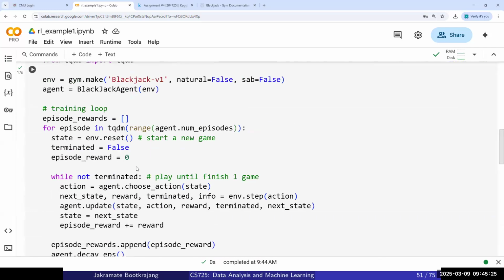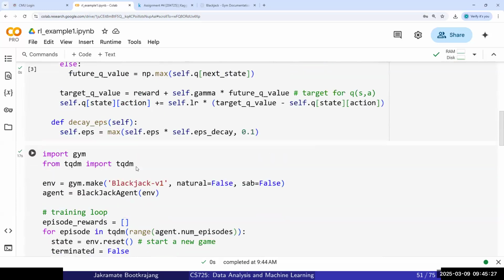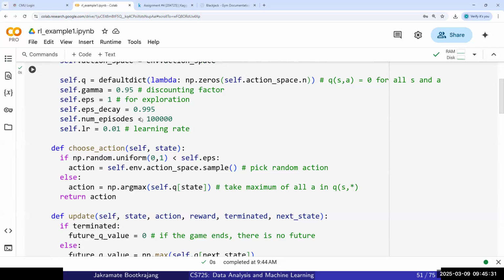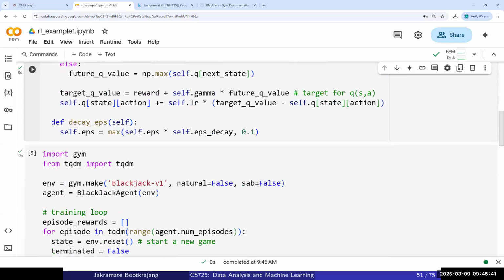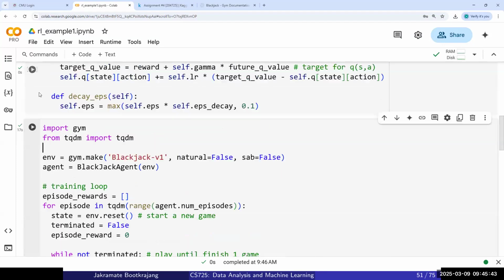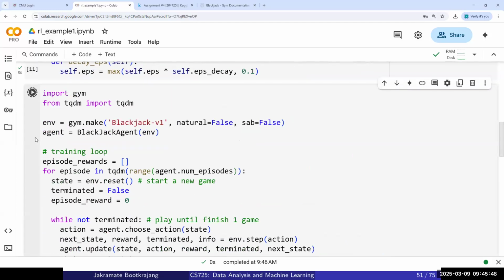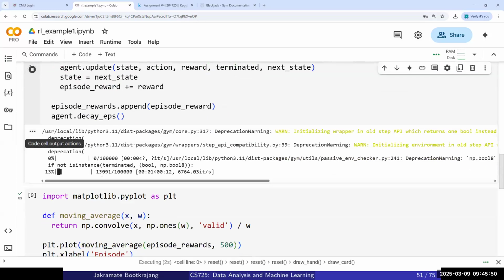you can try to change the learning rate, or you can change the decay rate, right? For example, if you want to decay faster, you can say 0.995, so it will decay faster. And if you make the decay faster, you can train one more time. It's quick,